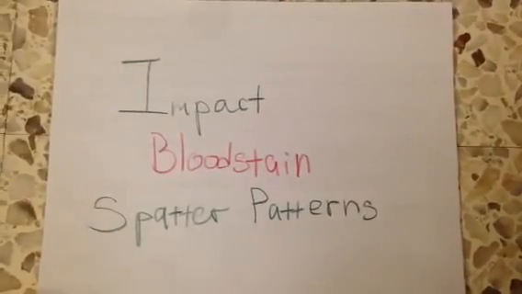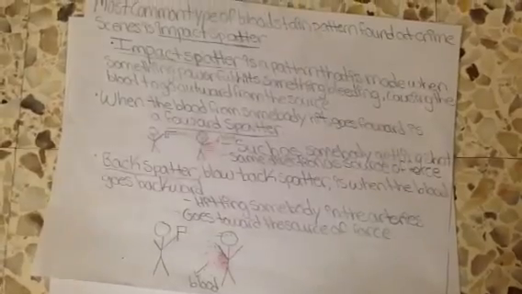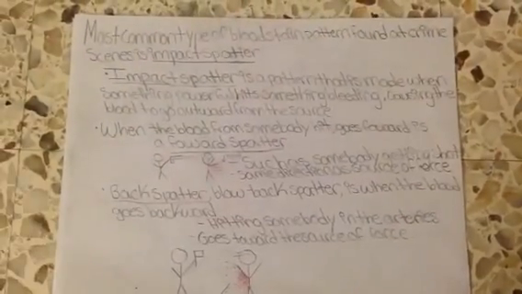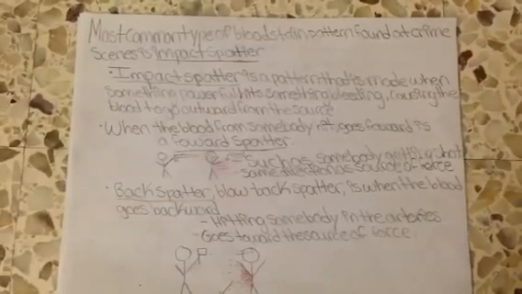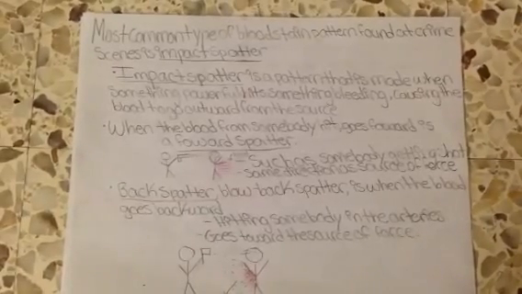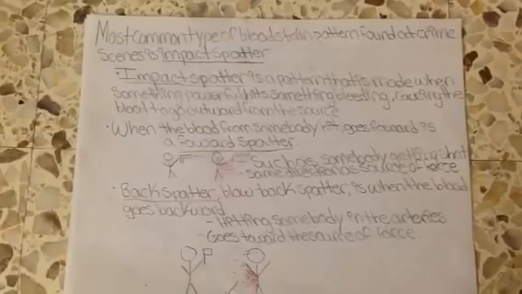Hey guys, we're going to be talking about impact bloodstain spatter patterns. The most common type of bloodstain spatter at a crime scene is an impact spatter. An impact spatter is made when something powerful hits something that's bleeding, it causes the blood to go outwards from